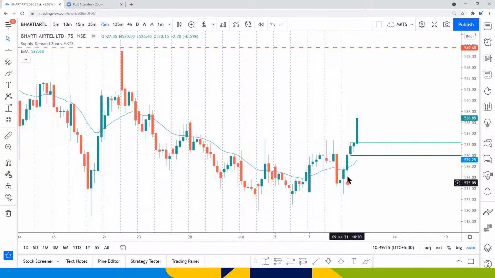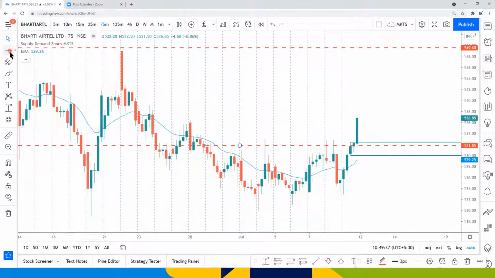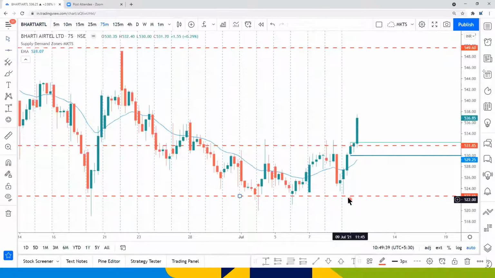Ali Akbar says we should look at the drop base rally. But you may not get a pullback, Ali Akbar, all the way down to this drop base rally. So if you're a trader who's a little conservative, what you can do is go long at this demand zone with your stop loss below the pivot low. You can go long at this demand zone, put your stop loss below pivot low, still you'll be making 2:1.